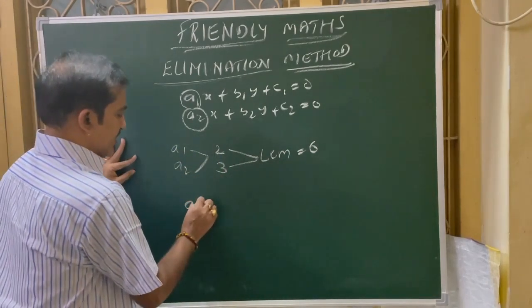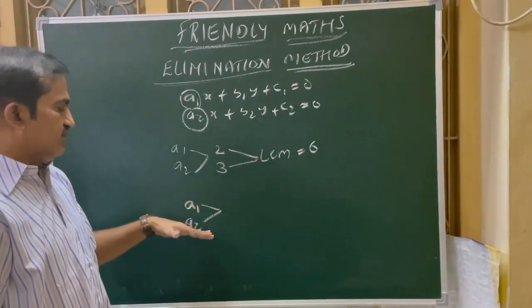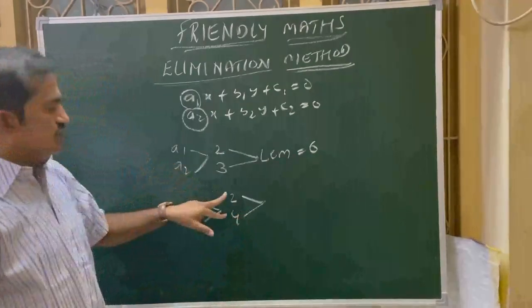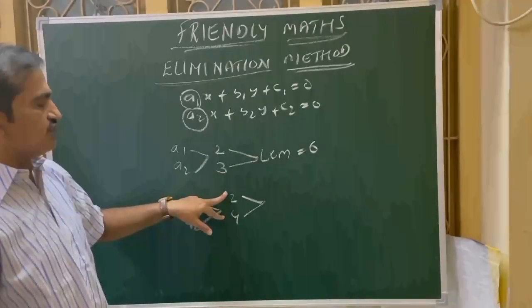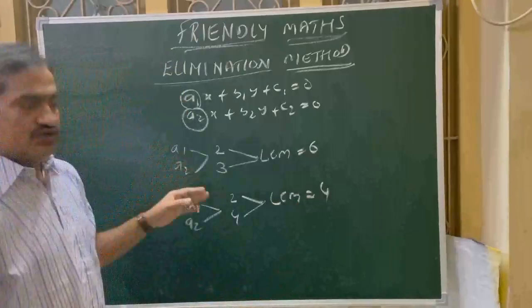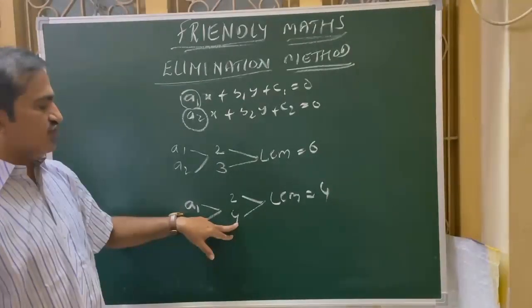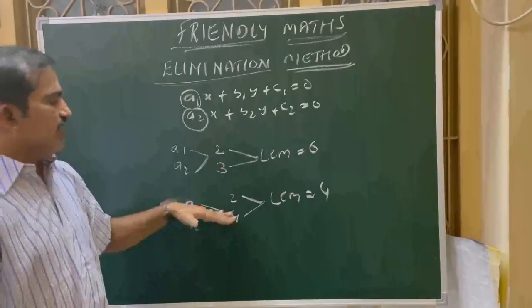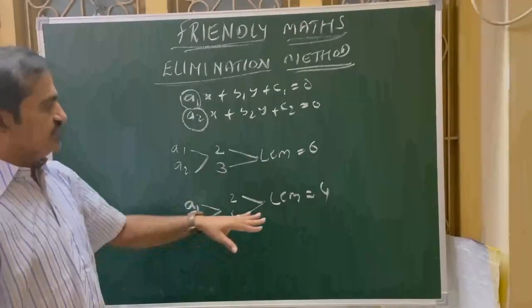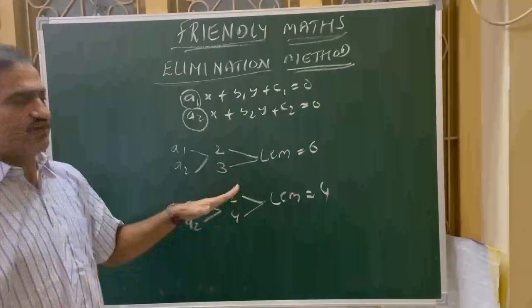Suppose another case, a1 and a2 where one is a factor of the other and the other is a multiple of the first one. Take 2 and 4. Here 2 is a factor of 4 and 4 is a multiple of 2. Then in such cases, what is their LCM? The LCM is 4. Now you see it's simpler than the previous case. Here there is no need to multiply the second equation which has 4 as the coefficient. You multiply the first equation by 2, then you will get 4 and 4. Both are equal. This type of numbers is very easy. Any one of the equations is enough to multiply.